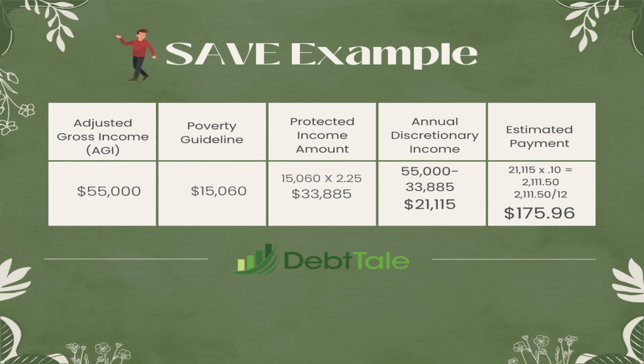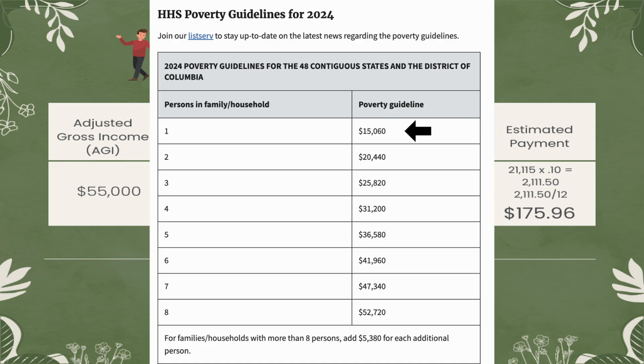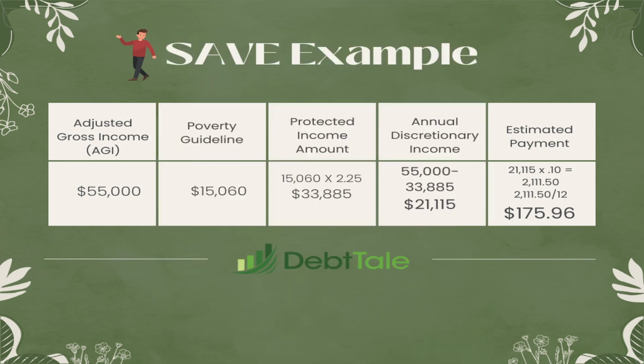So for a family size of 1, when we look at the table, you're going to see that for a family size of 1, the poverty amount is $15,060. Now, to figure out the protected income amount, we have to take that poverty amount and then times that by 2.25 because, again, the SAVE plan protects 225% of poverty. $15,060 times 2.25 is going to come out to $33,885. So that means that their annual discretionary income, which is the $55,000 minus the $33,885, is going to be